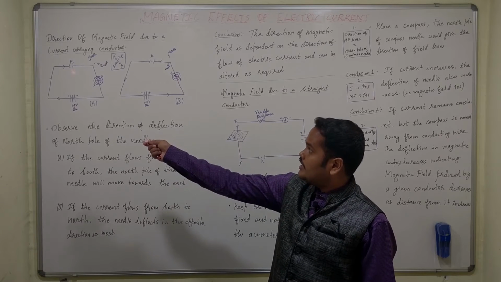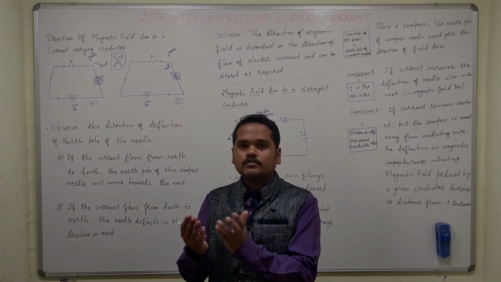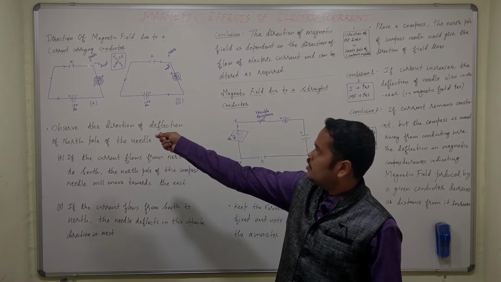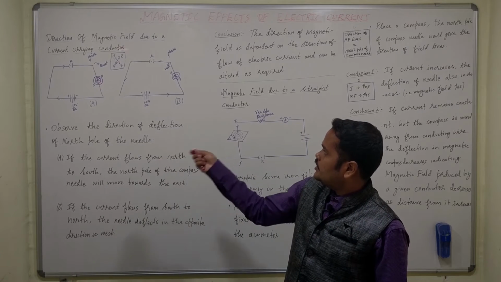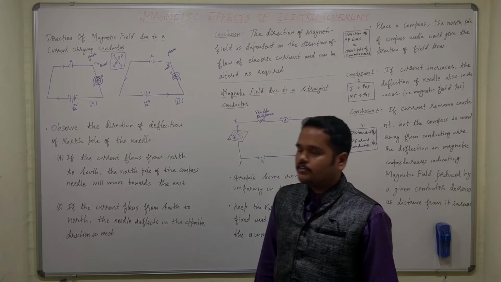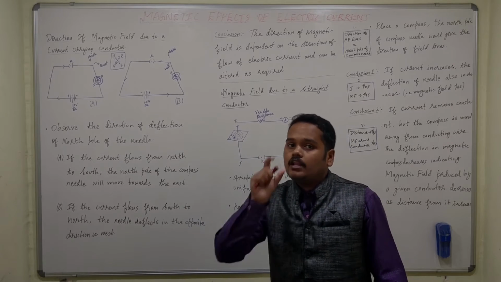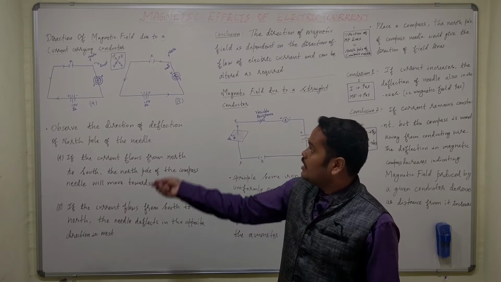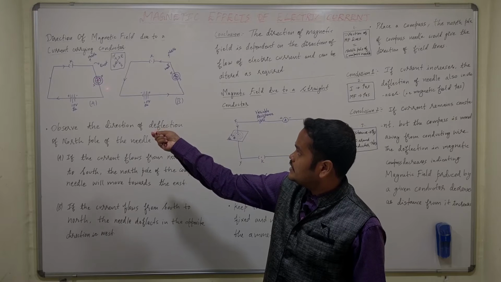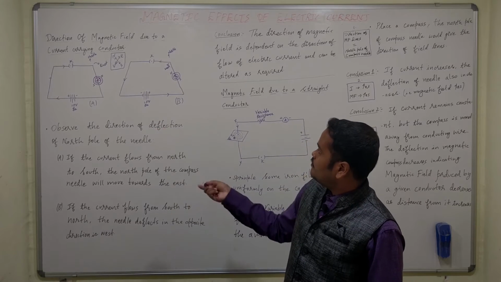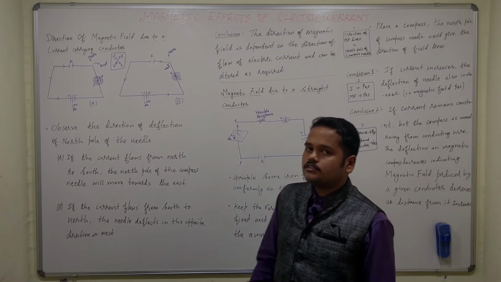When you switch on the key, the current starts to flow and the current produces a magnetic field around it. If you place a magnetic compass on the right side of both the figures, you will notice that the magnetic needle deflects. In figure A, it deflects towards east. In figure B, the magnetic compass needle deflects towards west.